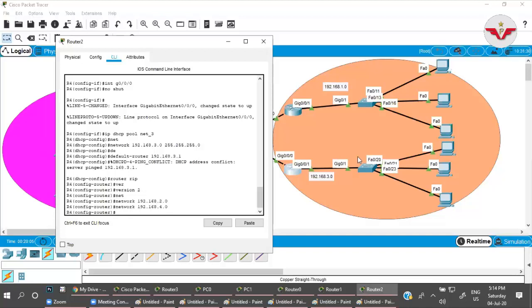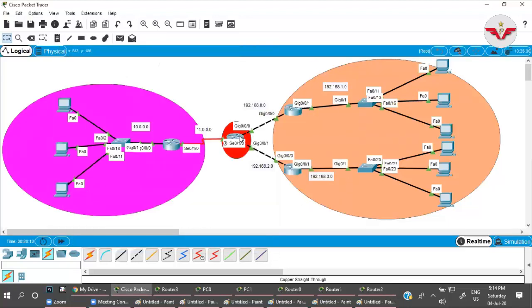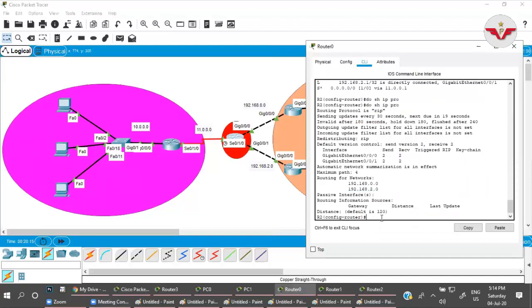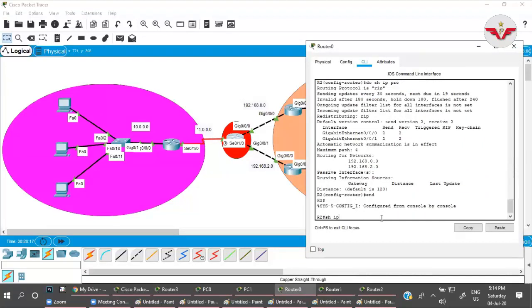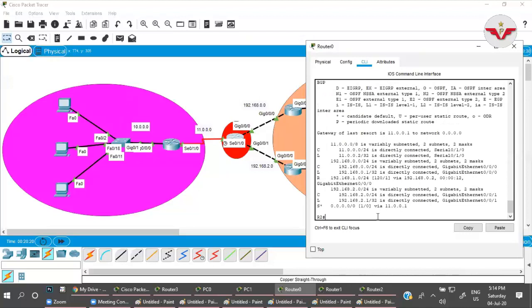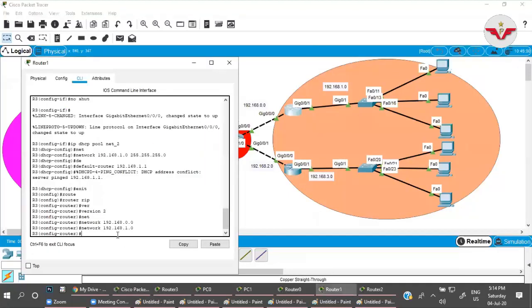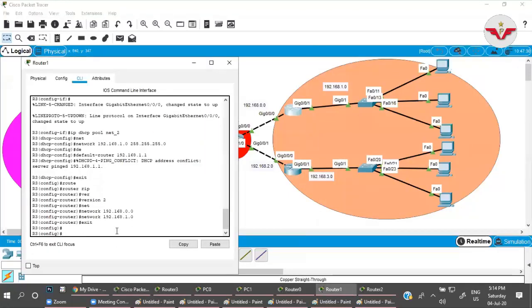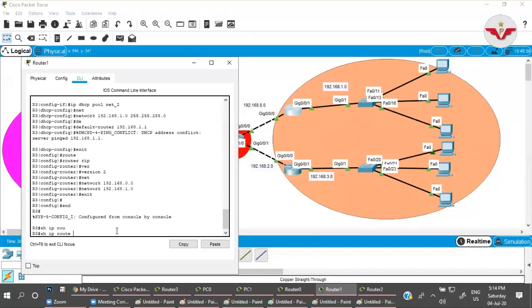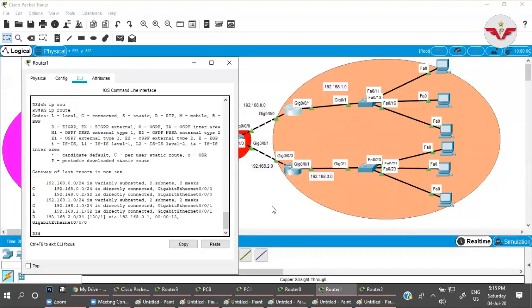Okay. So I have configured this R4. I have informed R4 that these two networks, 2.0 and 3.0, are directly connected. Now let us check the information here. Show IP route. Yes, here you can see this router has the information about 1.0. Okay, still it's not here. Show IP route, 2.0.